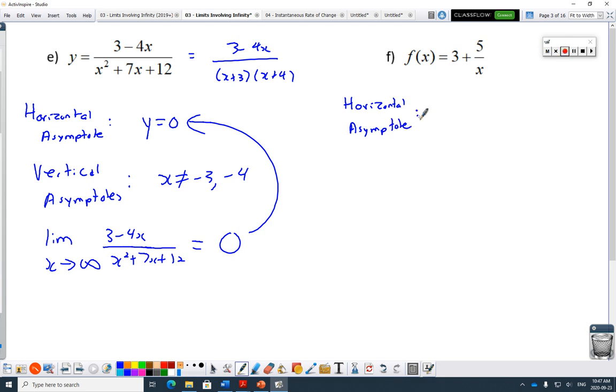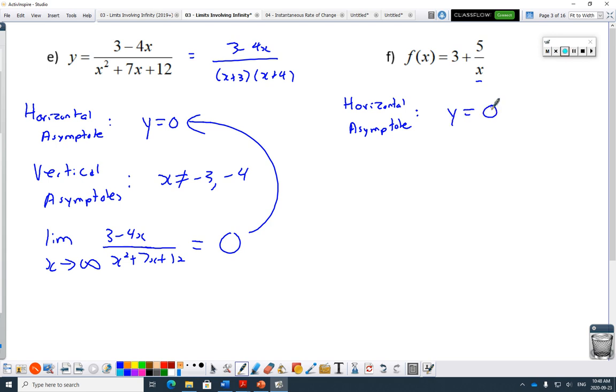And talk about what's probably happening here. If I send this thing to very large x values, this term here, this 5 over x, just imagine subbing in a large x value, say 1,000,000. This term will be 5 over 1,000,000. What kind of number are you going to get if you go 5 over 1,000,000? 0.00, like really small. I don't want to say nothing, but in the chapter of limits, we can really say nothing, pretty much nothing. So if that's going to head to 0, my horizontal asymptote's going to be at y